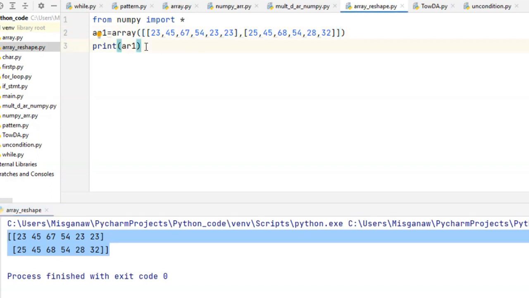What am I going to do if I want to change this two-dimensional array to a one-dimensional array only? I can write like this.